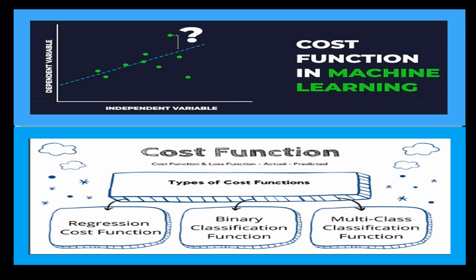Let's understand the cost function today. What is a cost function? Basically, a cost function is a mathematical formula used in machine learning to evaluate how well a model fits the data. It measures the difference between the predictions made by the model and the actual values in the data. And the goal of training a machine learning model is to find the set of parameters that minimizes the cost